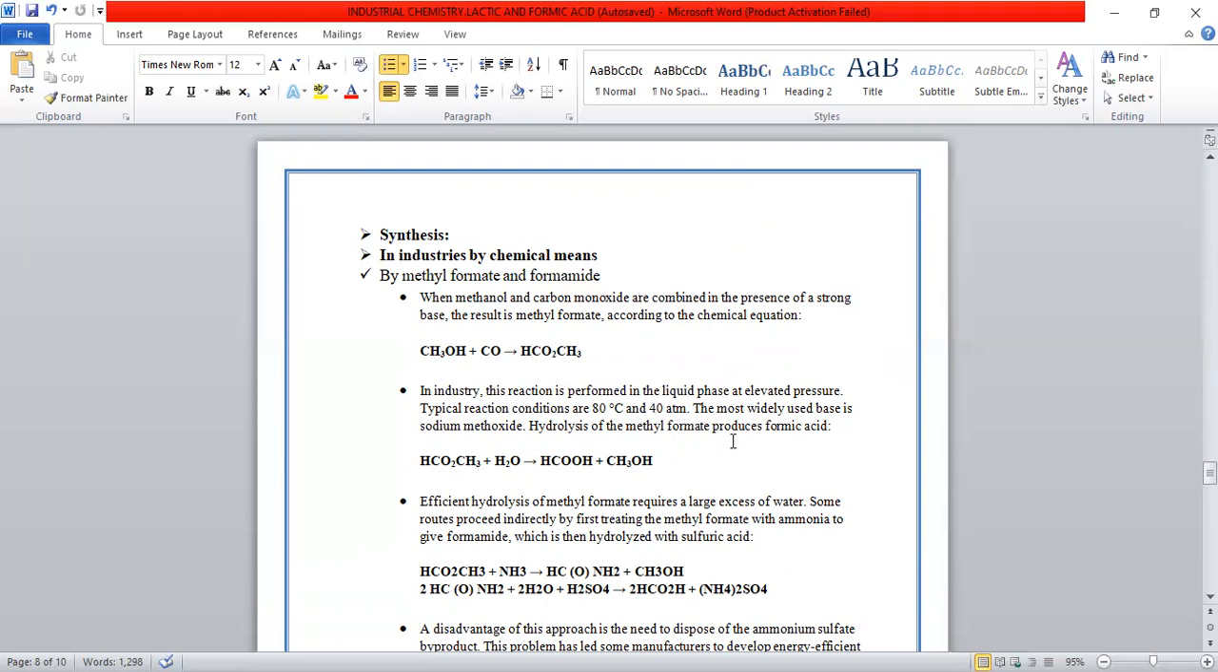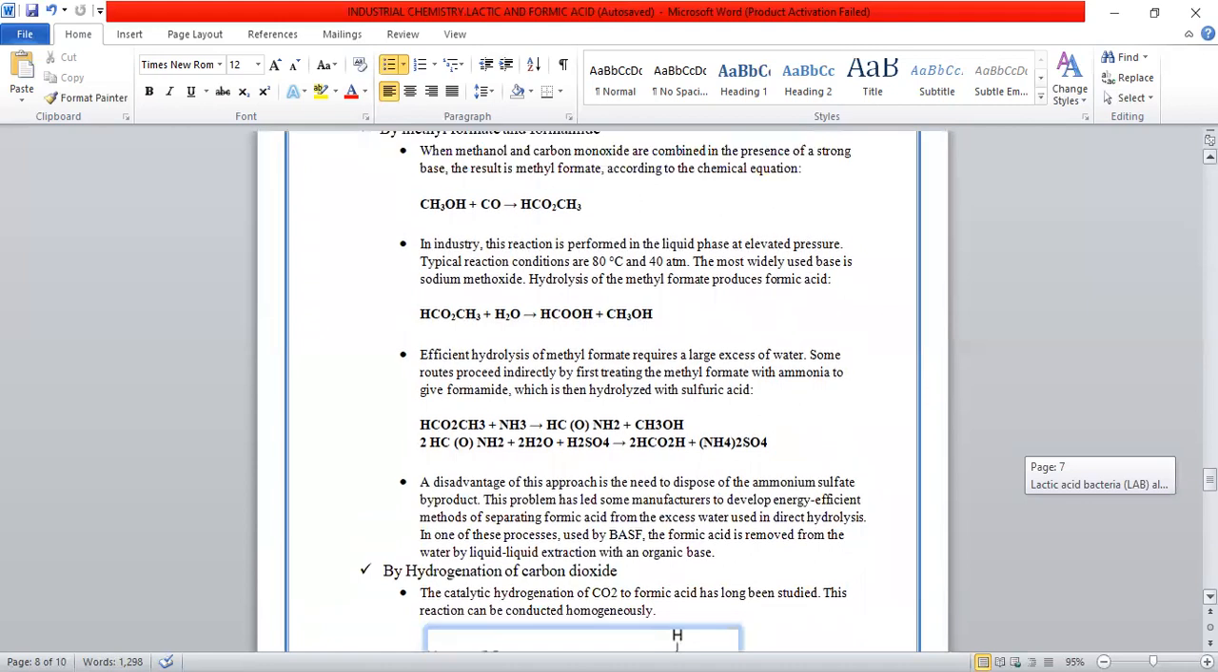Hydrolysis of methyl formate produces formic acid. As you can see, when water is added to methyl formate, it gives us formic acid with methanol. Efficient hydrolysis of methyl formate requires a large excess of water. Some routes proceed indirectly by first treating the methyl formate with ammonia. As you can see in this reaction, methyl formate is treated with ammonia and gives us formamide, which is then hydrolyzed with the help of water and sulfuric acid, and it gives us